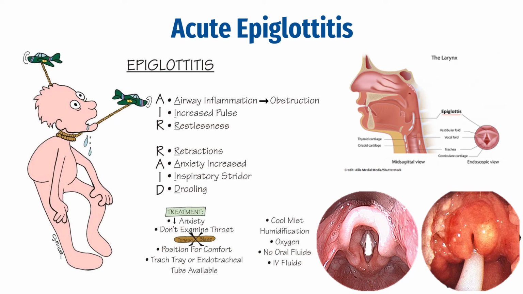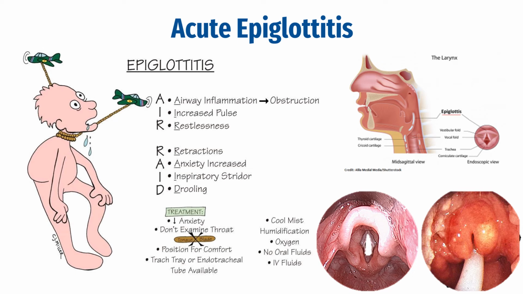They can't swallow. It's a very scary situation. There may be retractions as they're trying really hard to work to bring that air in. Of course, they're going to be more and more anxious. There's going to be inspiratory stridor, and that's that high-pitched whistling sound as they pull that air in through that